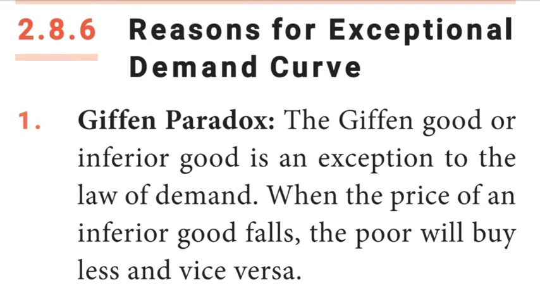Inferior goods are those goods which people buy in larger quantities when they are poor and in small quantities when they become rich. For example, poor people spend the major part of their income on coarse grains or inferior goods, examples ragi or cholam, and only a small part on rice. When the price of coarse grains rises, they will buy less rice. To fill up the resulting gap, more coarse grains have to be purchased. Thus, the rise in the price of coarse grains results in an increase in the quantity of coarse grains purchased. This is called Giffen paradox. In these cases, the law of demand has an exception.